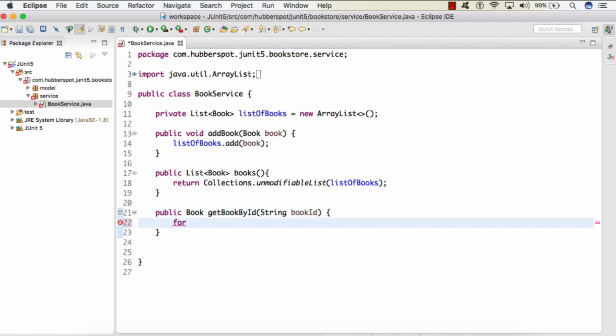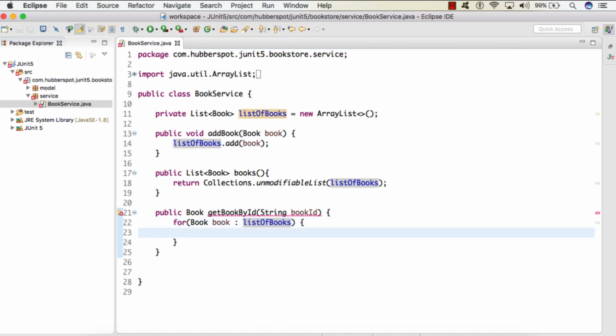So here we'll simply iterate the list of books, and here we'll provide an if condition.